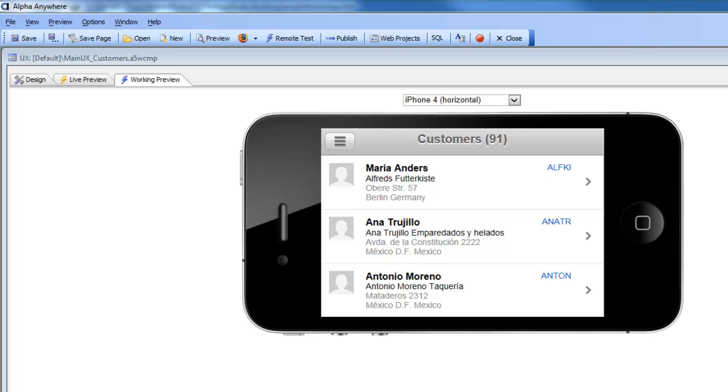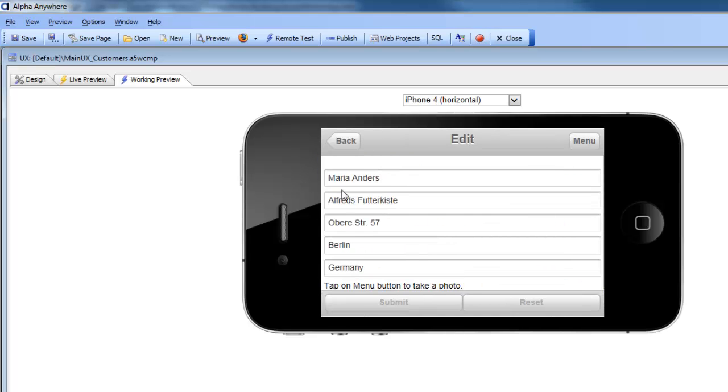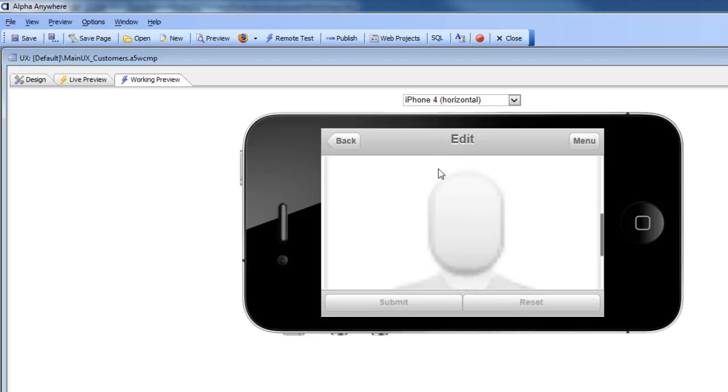So going back now to the reference application, we can see that when we tap on a row in the list of customers, we get to see a form that shows the customer name, address, city and state, and then a picture of the customer. So what we're going to do now in lesson 2 is add form controls to our component,